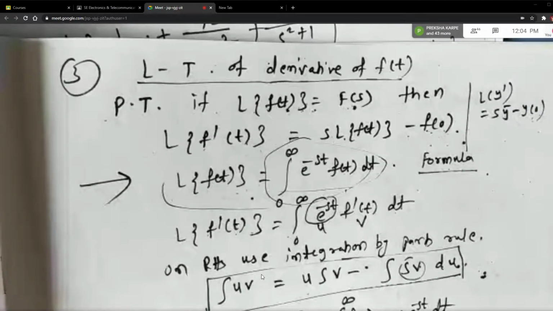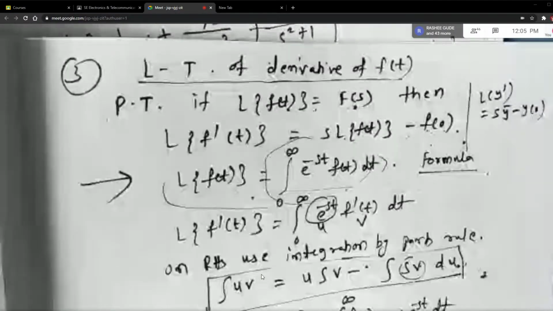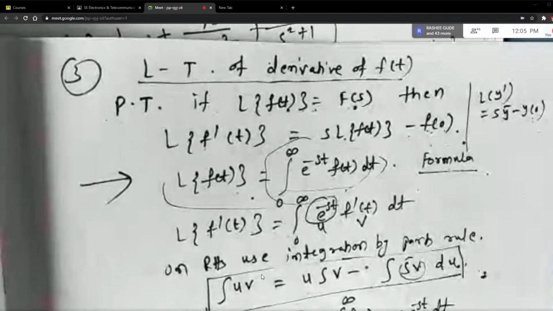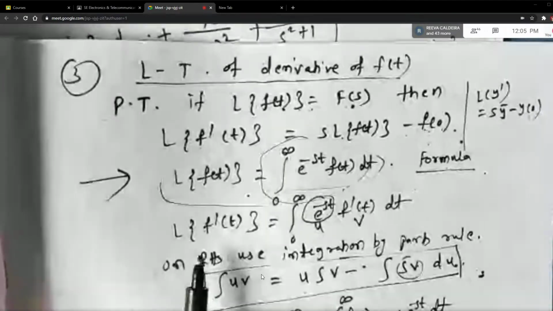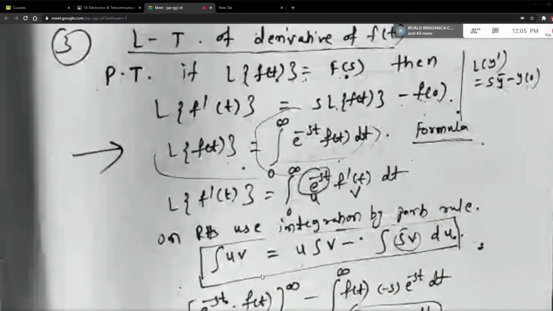So in the working rule, I have told you to take Laplace transform of every term. So when it comes to L of y dash, we use this formula. Then we have formulas for L of y double dash, L of y triple dash also. Correct? So now it's time to prove this formula. And see the first step, students. First step is again the formula. Who will tell me quickly what is L of f of t?